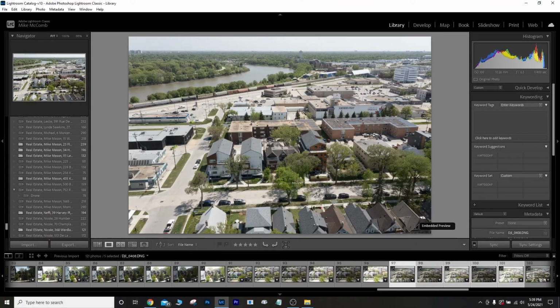So let's take a second and have a quick look at this particular picture that I shot once again, 5 levels of exposure with my DJI Mavic 2 Pro. But here's the importance of shooting drone video. If you take a second, or drone photography, if you take a second and have a look at this picture,